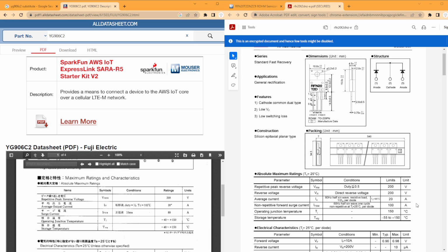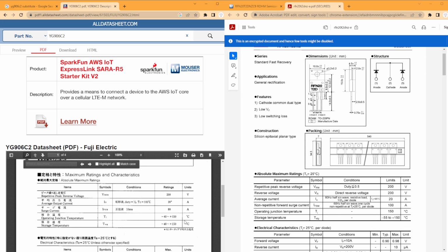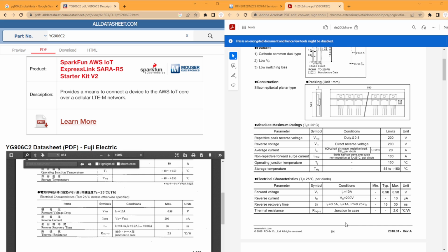Rating 20 amps. 20 amps, average output current. That's good. Let's see. Our storage temperature, yeah, roughly the same. Not seeing operating. It's only giving us the upper end, 150, so yeah, I think that's going okay. The VF max 0.98 V max. Let's see, 10 amp IF, yeah, so